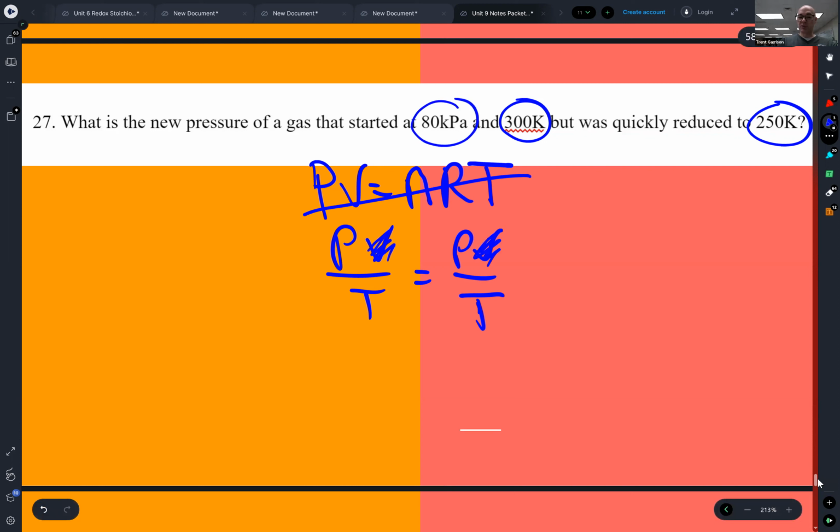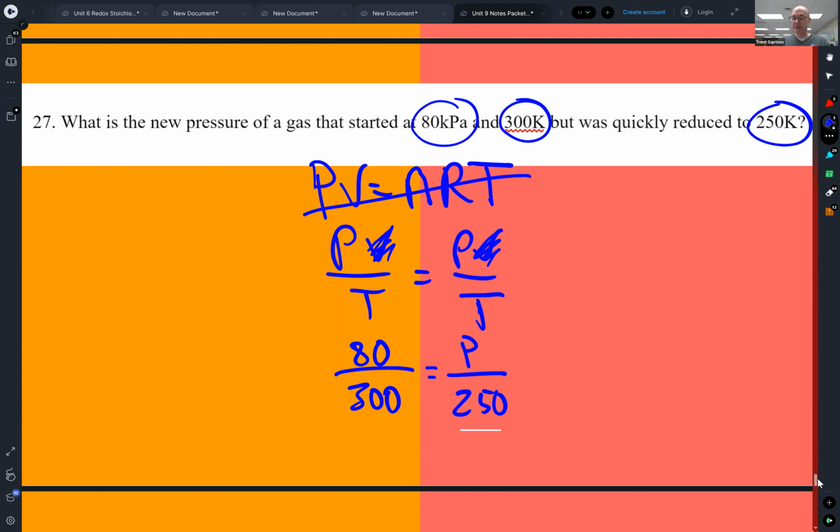So it's pressure over temperature, which equals pressure over temperature. This is Gay-Lussac's law. So if I plug in my values, I will have 80 over 300 equals new pressure over 250. I simply cross multiply 80 times 250 divided by 300, and I get 66.7